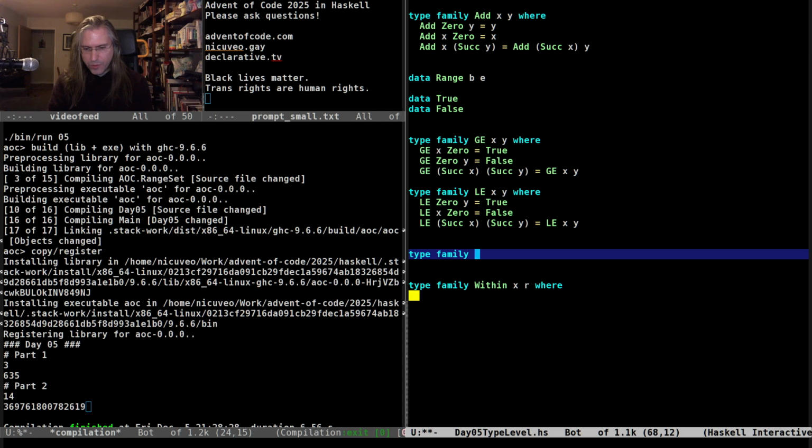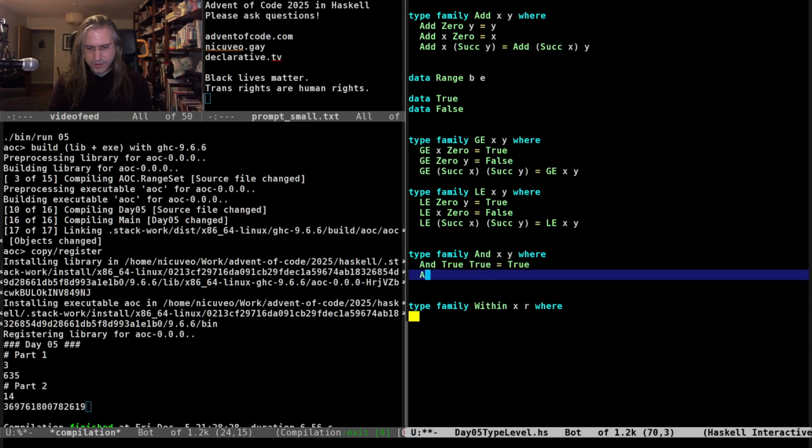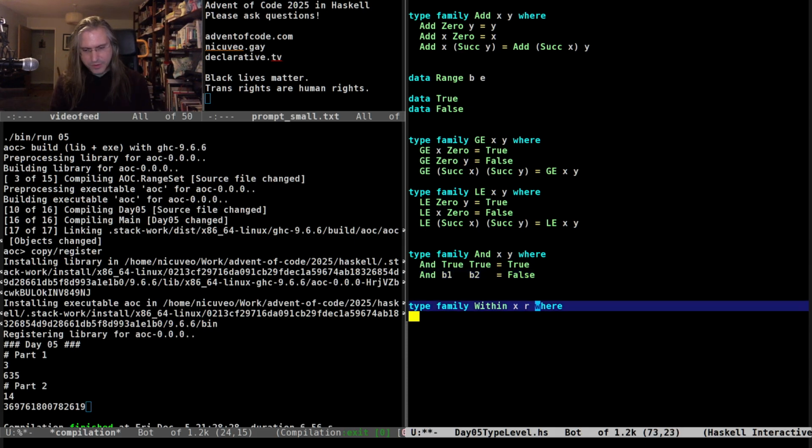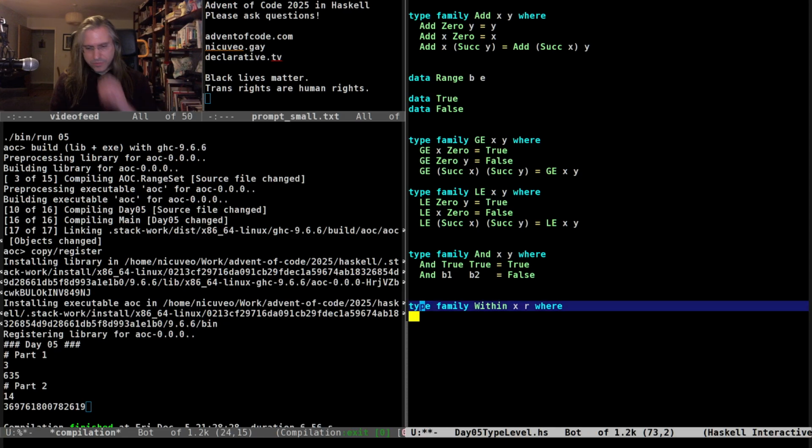So we want to do a Boolean and. True and true is true, and of b1 and b2 is false. So, is x within a range R? That would be so within x of